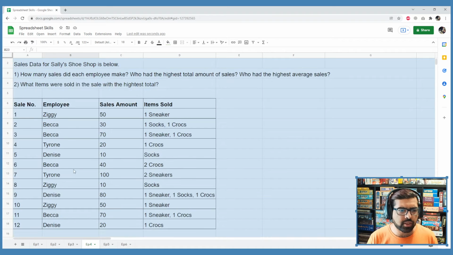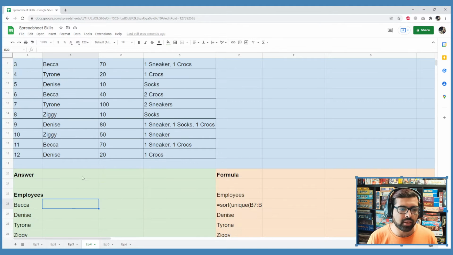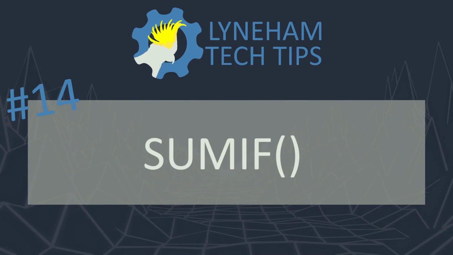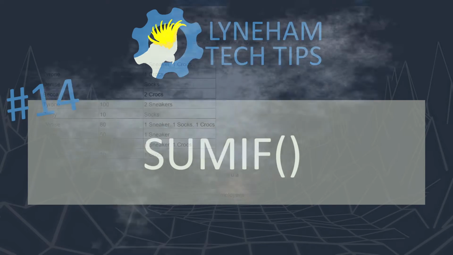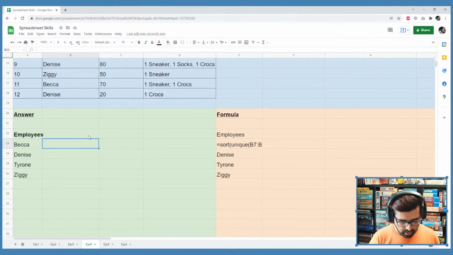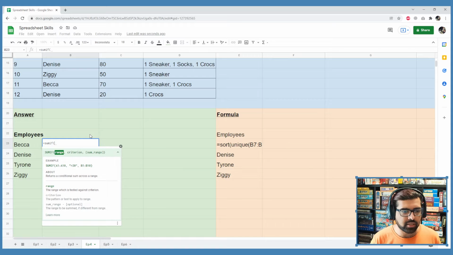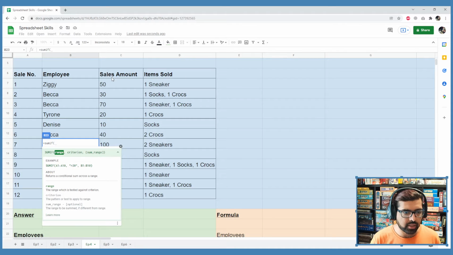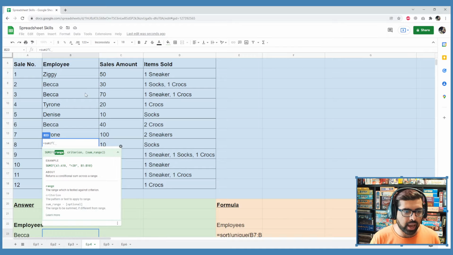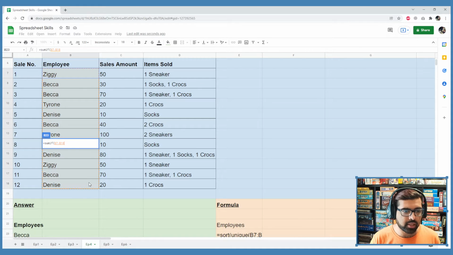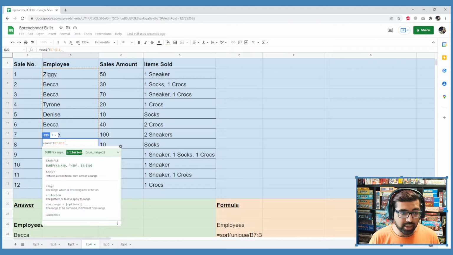So, what was the first question we did? How many sales does each employee make? Now, this is where our third formula is going to come into play. This formula is SUMIF. With SUMIF, we type in equals, SUMIF, open bracket, range. What are the things that we're going to count? In this case, we are going to be looking at employee name, because if the employee criteria is equal to, and we're going to click on the cell where Becca's name is, so it's A23, comma,